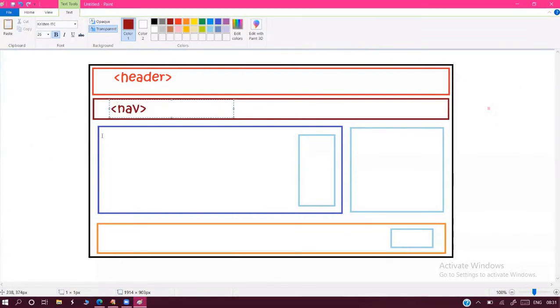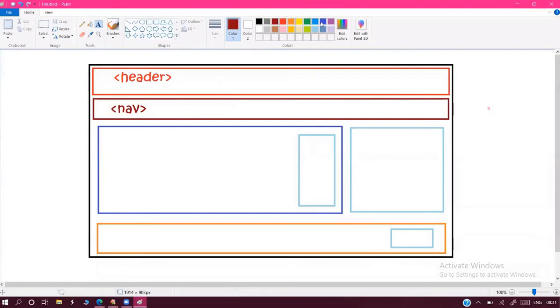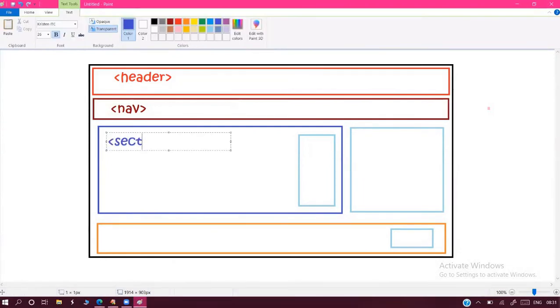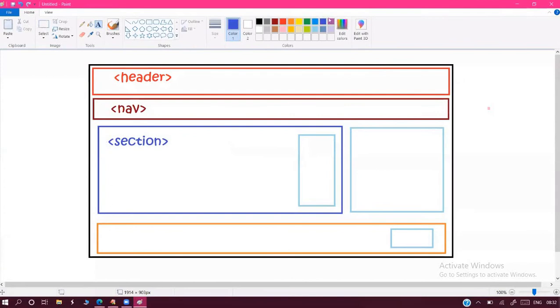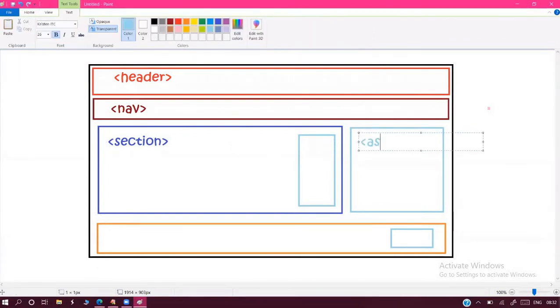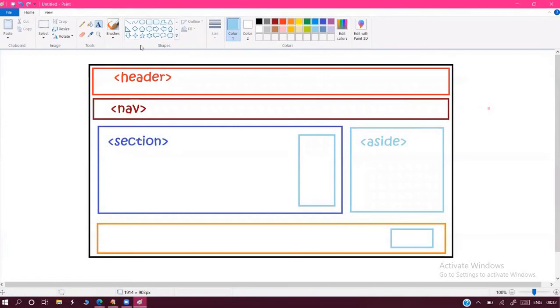Next to this one is the section. Next one, this is the aside. The light blue color ones are all aside only.